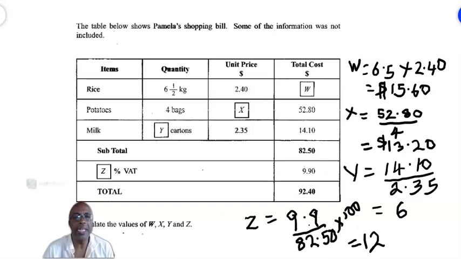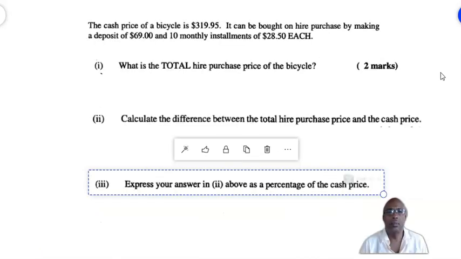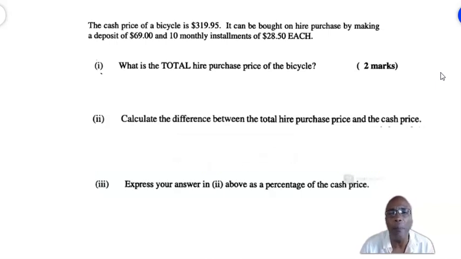Move on to another example. This example is on hire purchase. So let's read it. The cash price of a bicycle is $319.95. But it can be bought on hire purchase by making a deposit of $69 and 10 monthly installments of